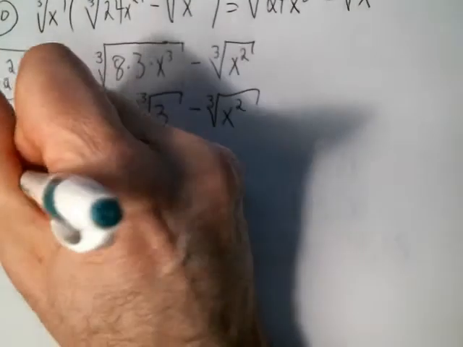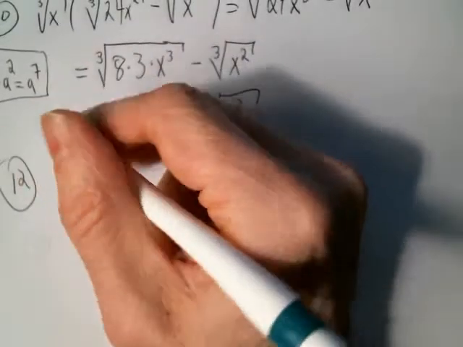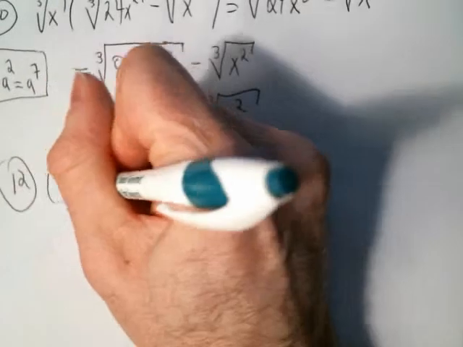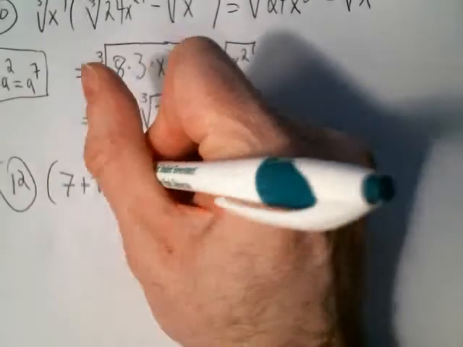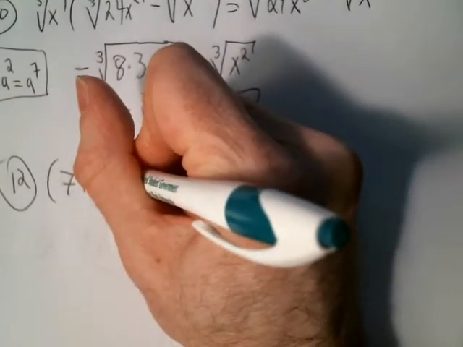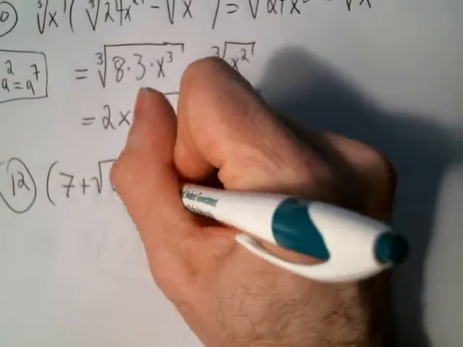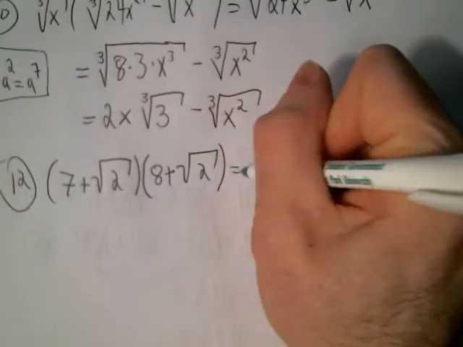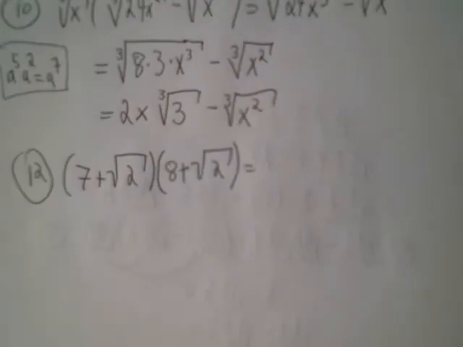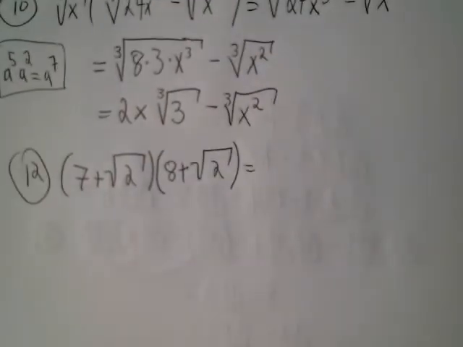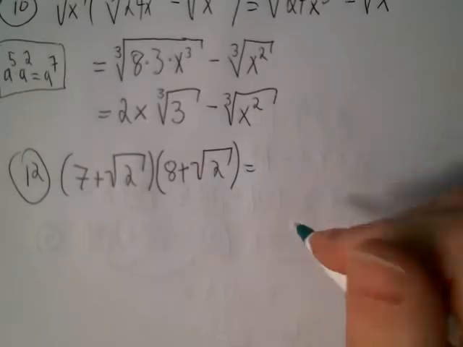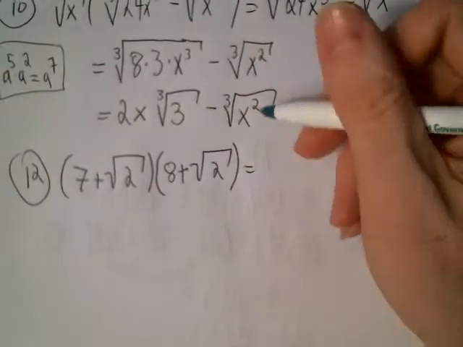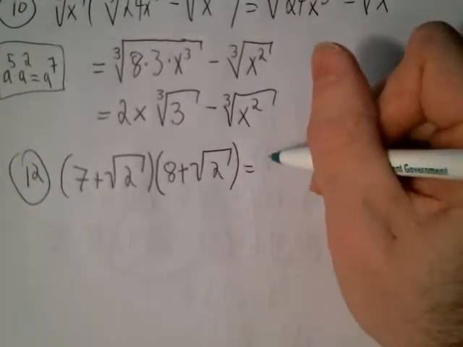Okay. Let's keep moving. Let's look at 12. No variables this time, but it's a little different because we have kind of the old FOIL method is going to have to be used. So you have to go first, outer, inner, last, and 7 times 8 for our first. So we have 5